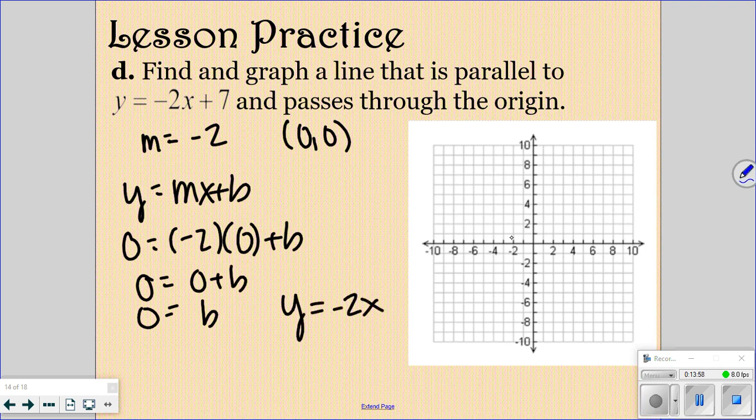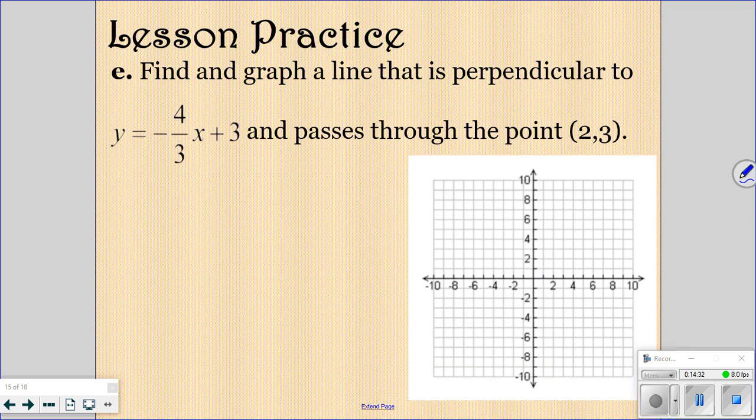So when you graph it, you're going to start at the origin, and then it goes down 2 and to the right 1. Or up 2 and to the left 1. I said to the left, I meant to the right. And so that would be your line, and that's your equation right here. Okay? Looking at one more,